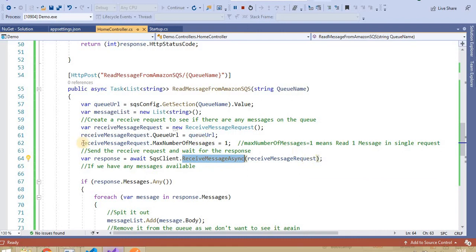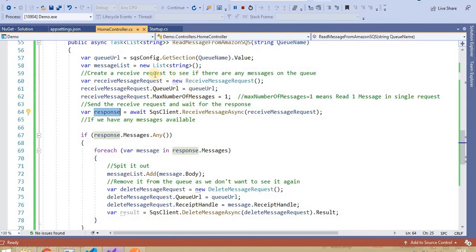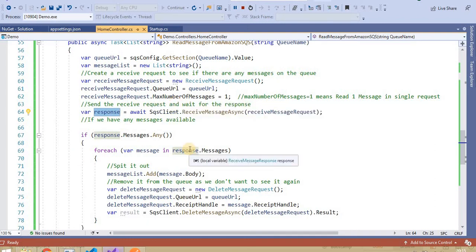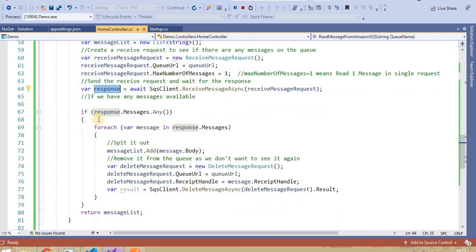It will receive or read that particular message inside the queue. Now, on what basis will it read? It will read the message which was inserted first inside the queue, and next time it will pick the next message, so it will not pick the third message first. That's why we call it a queue.